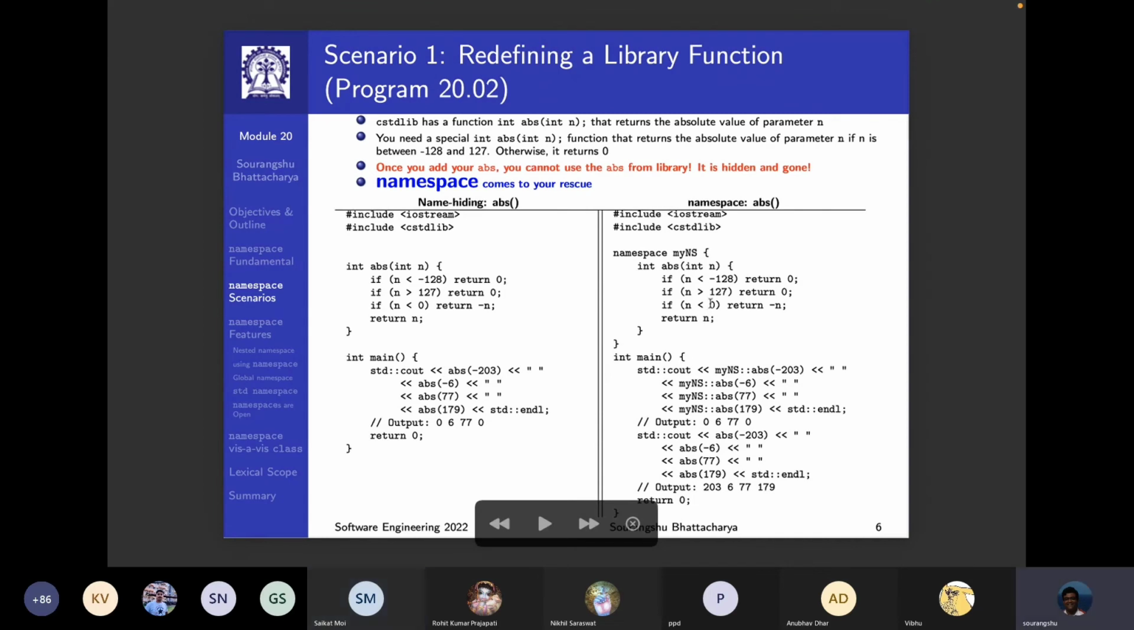But you can avoid this problem by creating this new ABS function inside your namespace. So you can define a my namespace, my NS, and then inside it you can define this ABS function. What you can do is print both this my NS : ABS, and this will work, or your standard